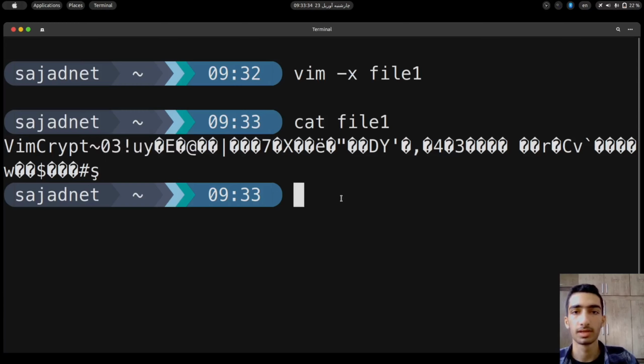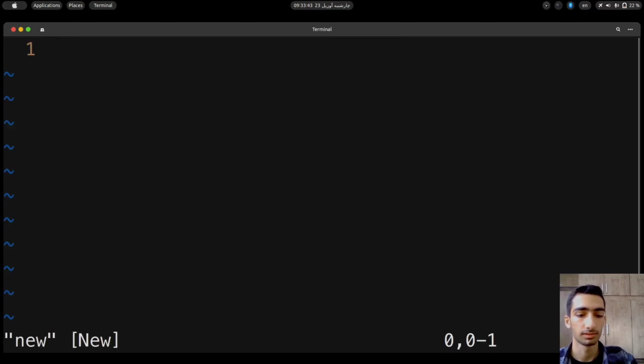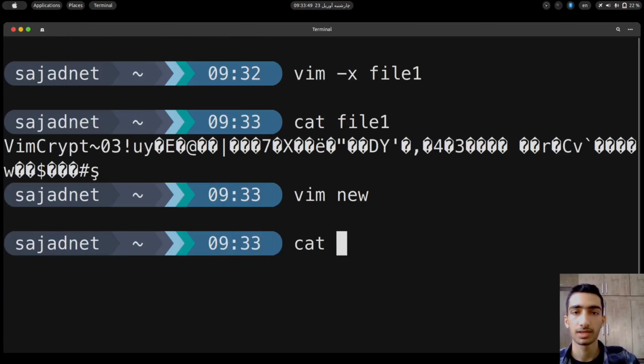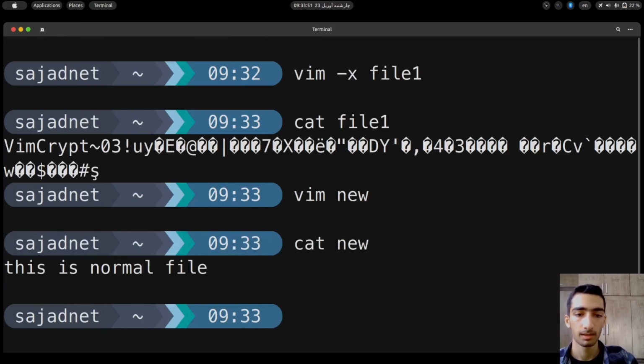So this is the way you can create a new file that is protected by a password. But how can we encrypt a file that we already have? Let me create another file called new. This is a normal file. Let me save it. Of course, I can use cat command to read its content,